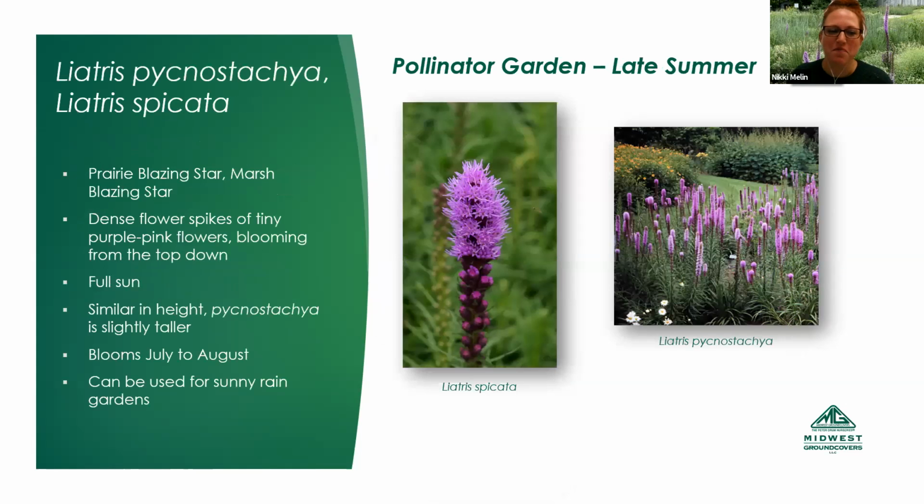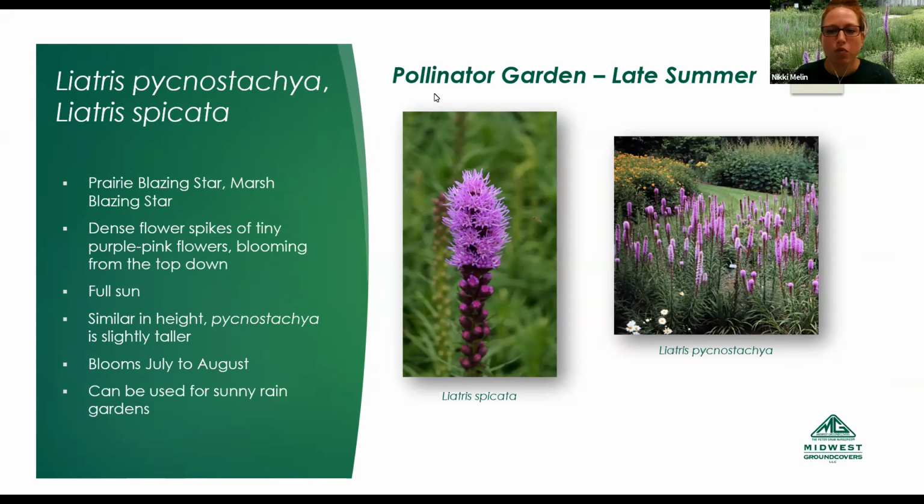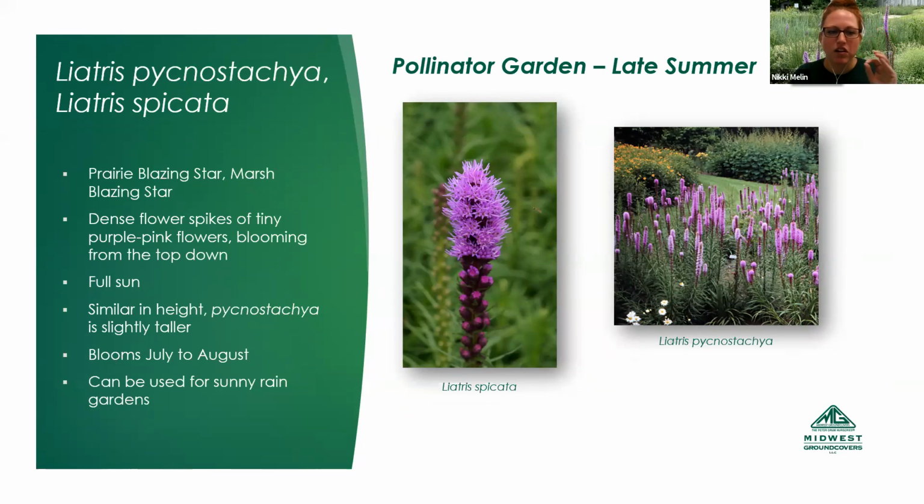All right. The next two plants we have for you are Liatris pycnostachya and Liatris spicata. We decided to highlight both because we couldn't pick, because we love them equally. They're actually pretty similar. Liatris spicata is going to have a bit denser flower bud count up the flower, whereas Liatris pycnostachya's flower buds are a bit more open, but pretty similar. Liatris pycnostachya can also get a bit taller. These two can also range quite a bit in height, though, depending on the soil composition and the plant